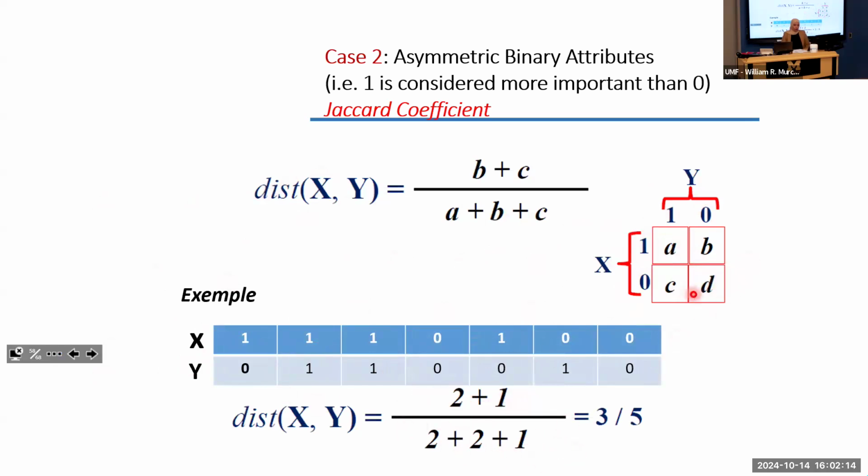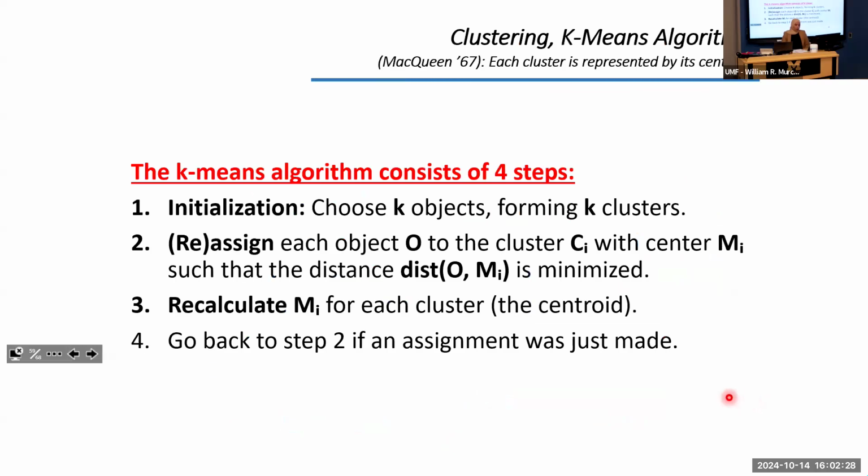What we did is just excluding the 0 part, okay? So this is going to give, let me say, a more accurate result, though it depends on the context for sure, which is going to be 3/5. All this is useful when we are talking about K-means, because this algorithm, as the name mentions, computes the means. And if we want to compute the mean, we need to have a particular distance, based on a particular computation.